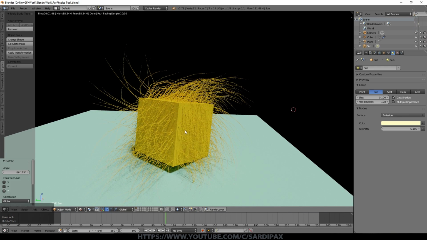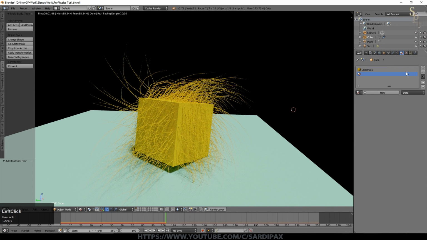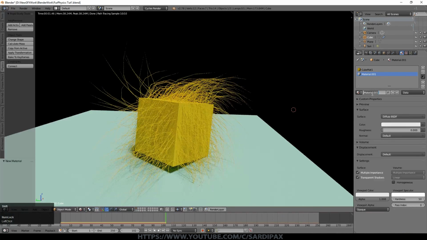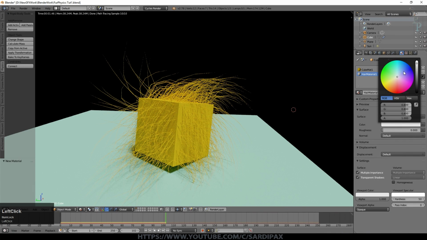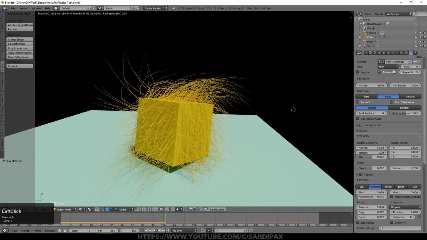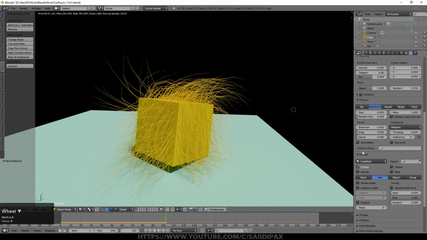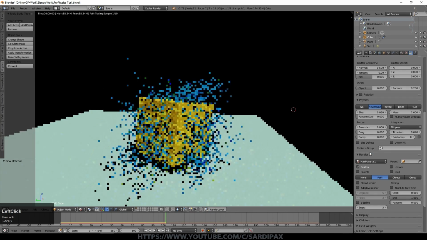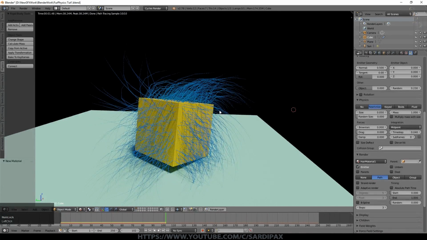You can see these harsh corners on them, but they're the same color as the cube, and that's because we need to select the cube, go to its materials and add a new material, and we'll call this one hair material. We'll give this a basic starting colour, I think, of just blue. We'll give it there as well. But again, you can't see that on the hair as yet. So come back to the particle system, scroll down to here under render, and you can see here the material that it's currently using is the cube material. So I'll click in here and select the hair material, and now we're seeing a slightly different effect.